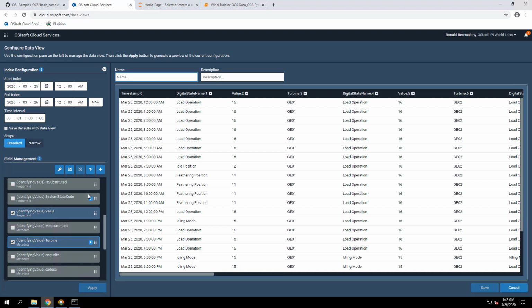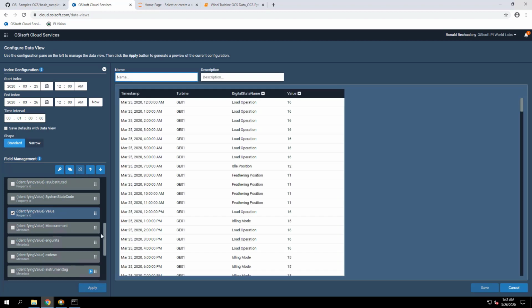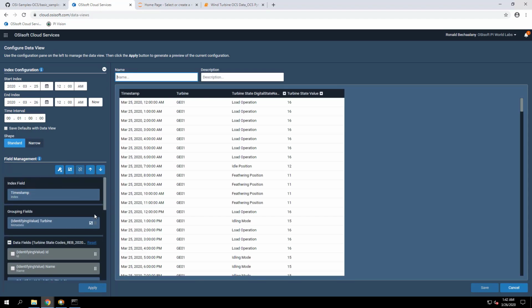Okay, so this is showing us all this data. However, we can do some grouping here, so we can group by turbine. We click on turbine, then choose group by from the top and apply. And we can also choose measurement and make that a key, and apply.